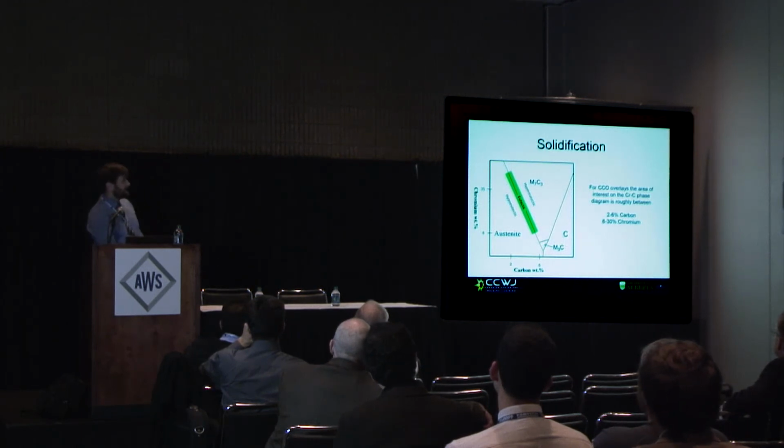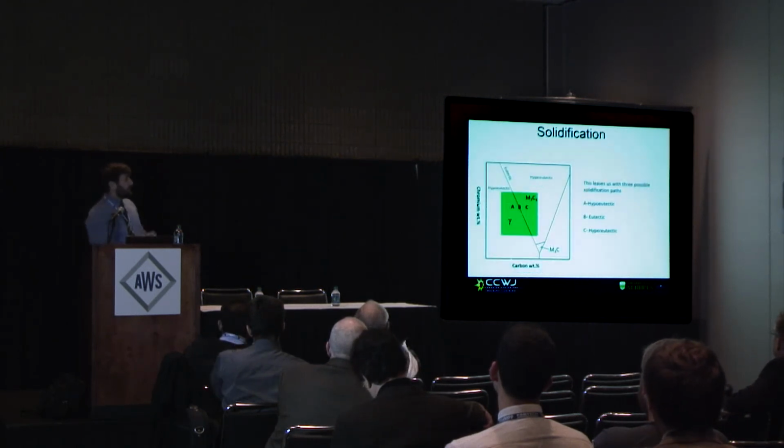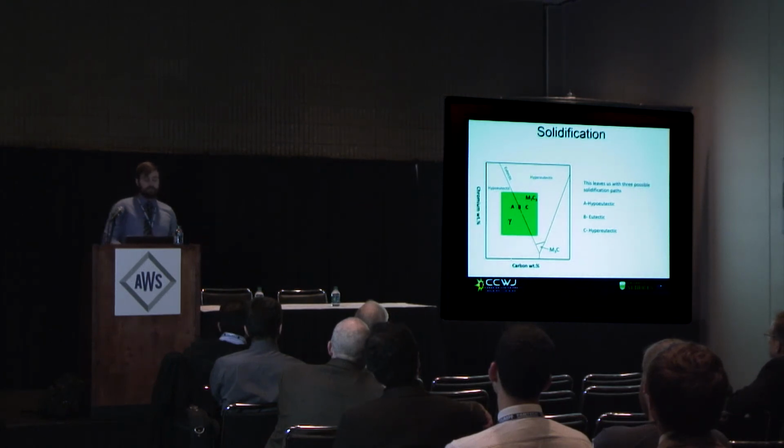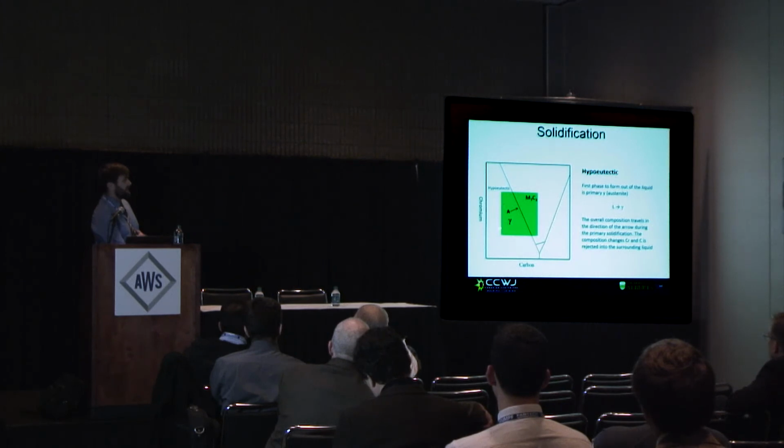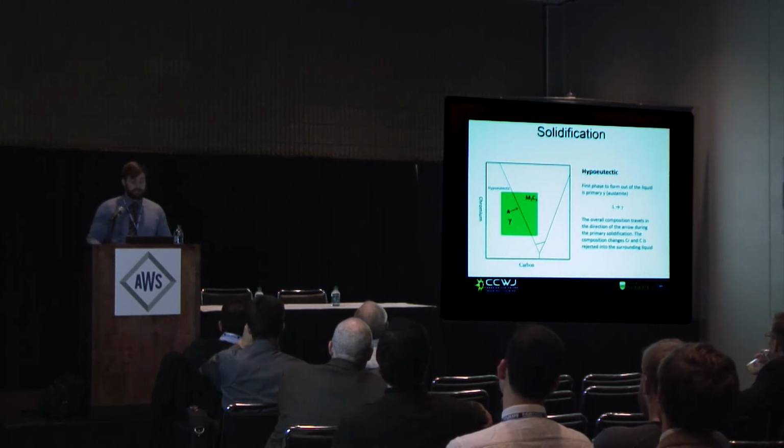What this means is that you can have really only three different solidification paths that are possible. It can either be hypoeutectic, eutectic, or hypereutectic. The first one is if it's hypoeutectic. In this case, you have a composition that's lower in carbon, so it's somewhere on this side of the eutectic line. And in this case, the first phase to solidify is